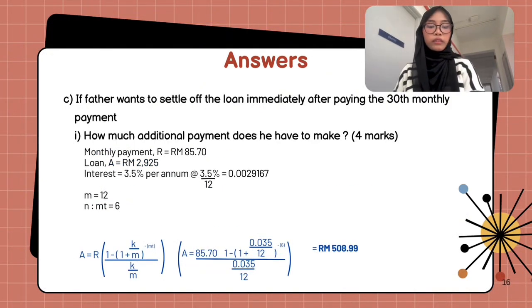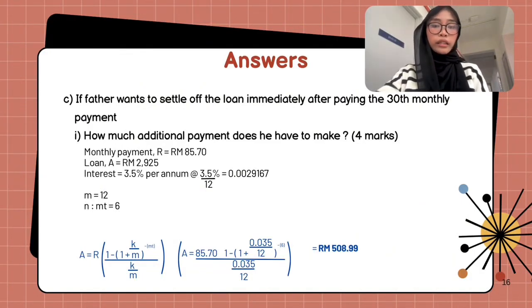Next question is the father wants to settle the loan immediately after paying the 13th monthly payment, and how much additional payment does he have to make? So what we got just now is the monthly payment R, which is 85 ringgit 70 cents. Loan is around 2,925. The interest is 3.5% per annum or 3.5% divided by 12. Answer is 0.0029167. That is the interest. So the formula is A equals R, open bracket, 1 minus open bracket, 1 plus K divided by M, close the bracket, power of negative MT,